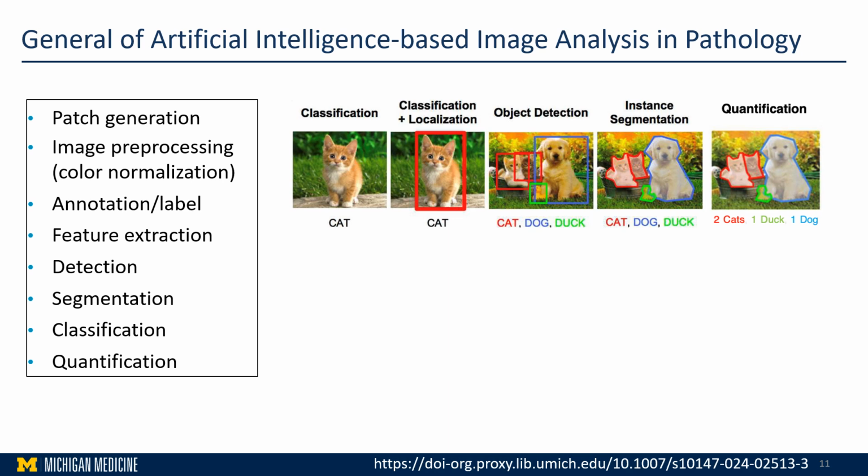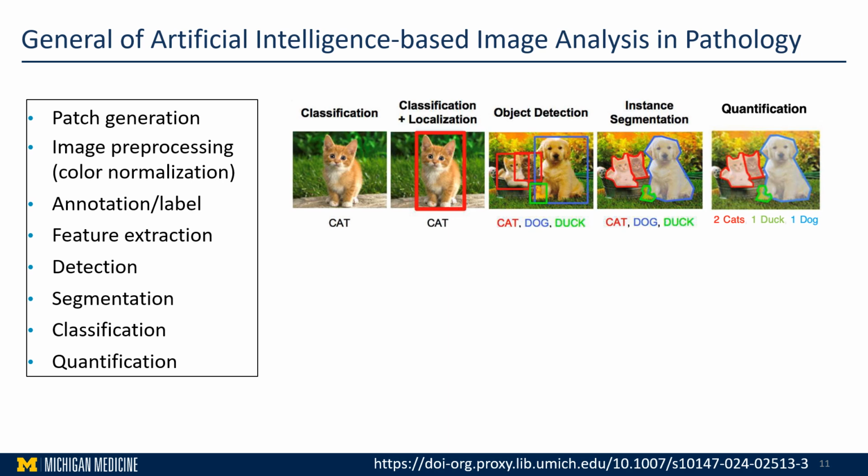This color normalization helps address pre-analytic artifacts such as inconsistency in the H&E staining or even in the scanner color calibration. Annotated images or ground truth labels serve as a reference standard, providing the data needed for training models to predict specific outcomes. And these labeled datasets are used to train downstream models